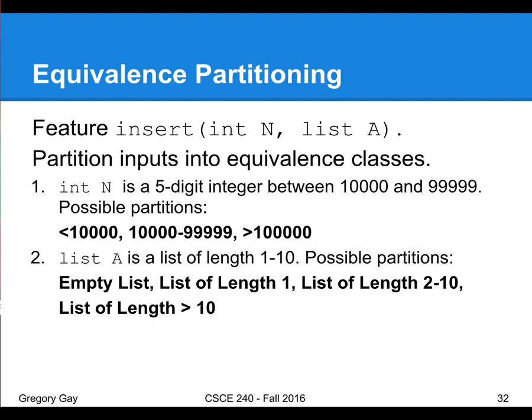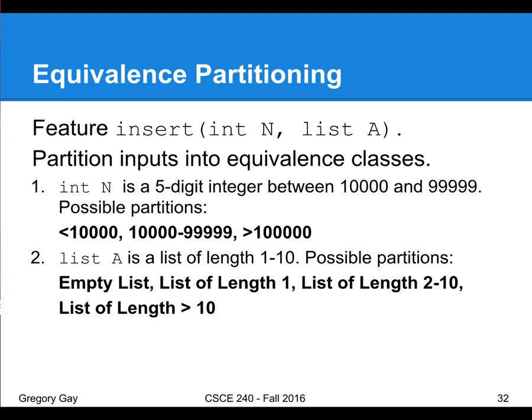So in coming up with these equivalence partitions, you need to think about really what exemplifies that space of inputs, and make sure you hit the types of inputs that can be passed in. So we have an insert into at a particular index in a list. We expect that to be a 5-digit integer, so we got some partitions already for that just based on that context. We have a list,